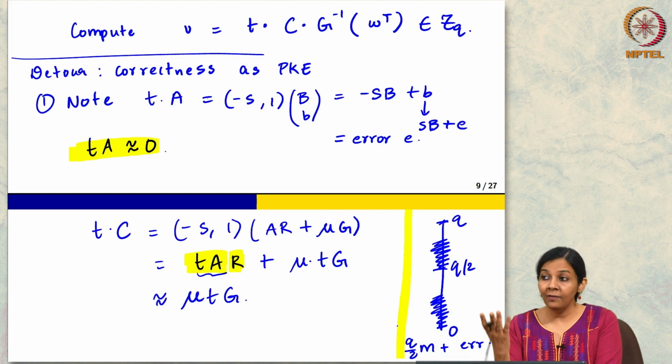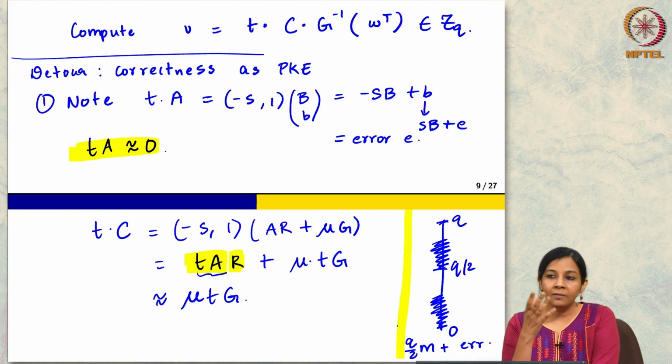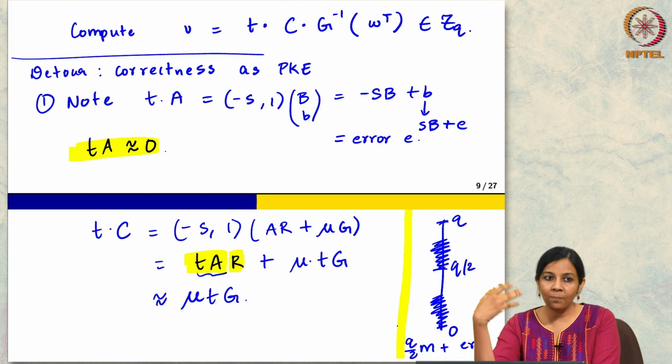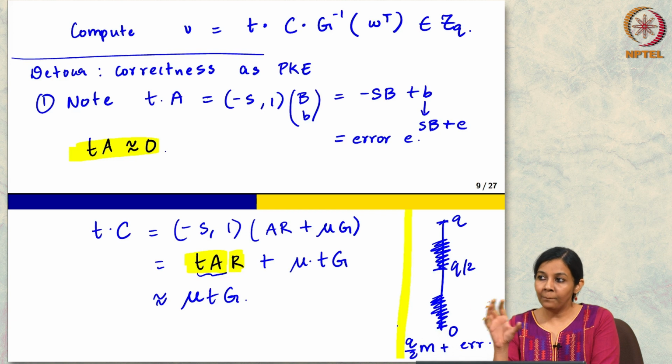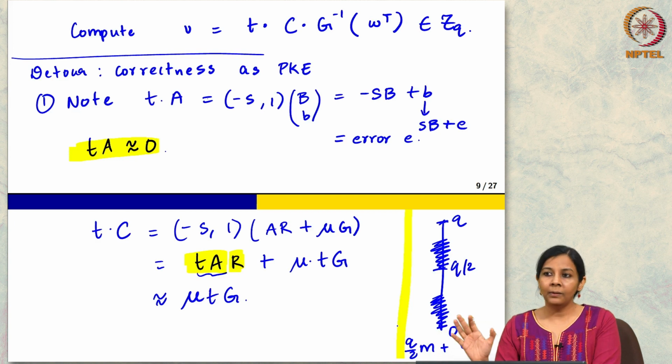Now, this is hand wavy and it is also dangerous by the way, because it is not that I can just keep doing this. So, I need to be very careful ultimately about what is the size of my error, what is the size of my modulus, right. Am I going to encode my bit in a way that I can decrypt it? The noise growth should not overwhelm the decryption process, right. We will need to be careful about that, and we will be of course, but nevertheless the intuition is rock solid.